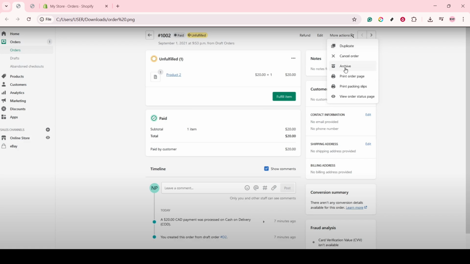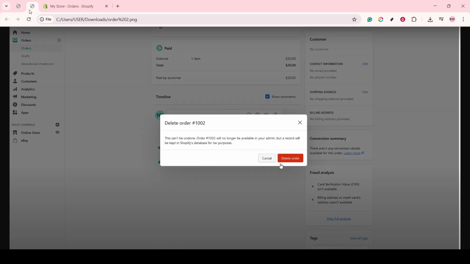From the More Actions drop-down, select Cancel Order. By doing this, Shopify will register that you're intending to stop the order from being fulfilled. It's important to note that once you cancel an order, it won't be processed any further, so make sure this is indeed what you want to do. This step is crucial because it basically instructs your system to halt any ongoing fulfillment processes, whether it's shipping or